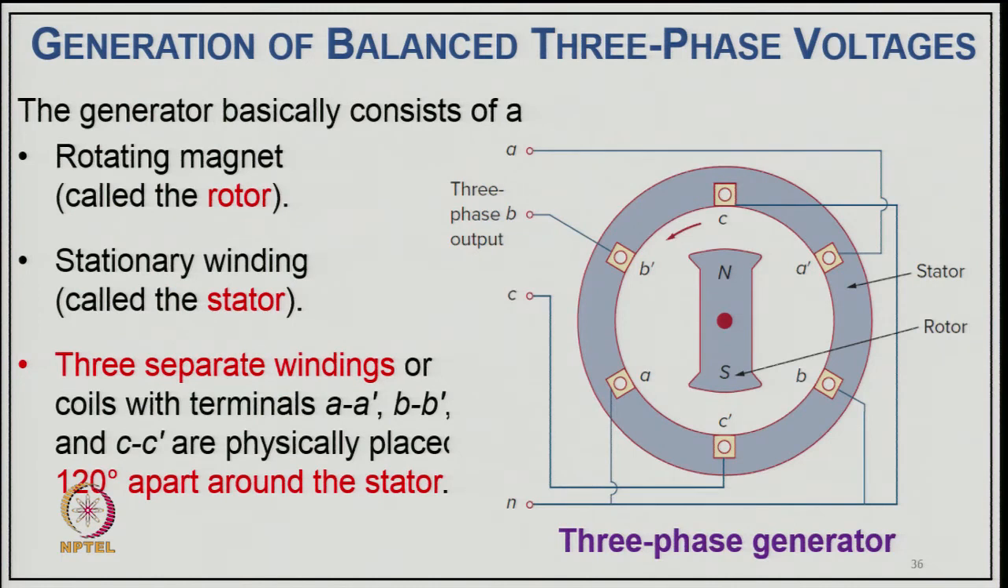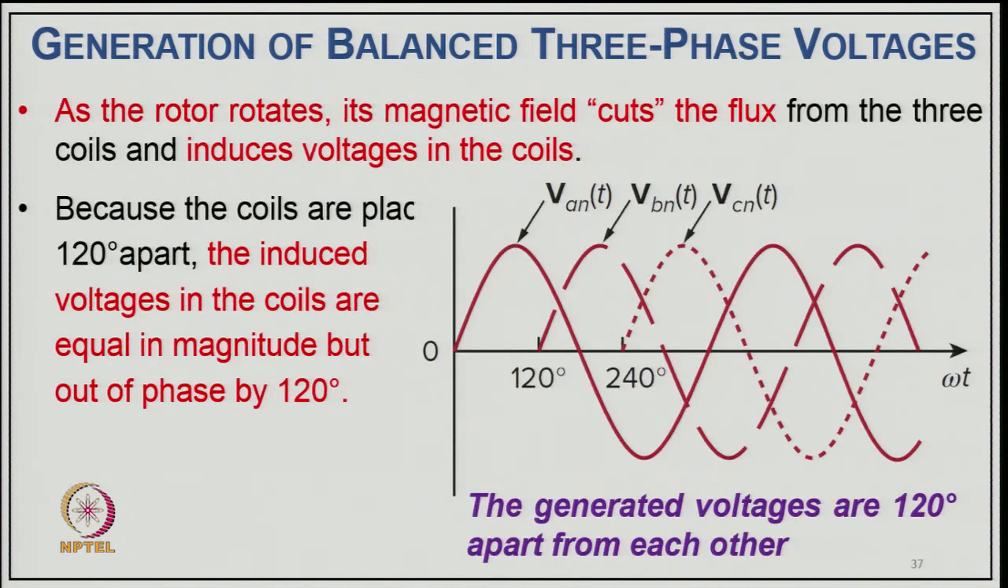Now, coming to a typical example, the 3 phase generator, where we talk about generation of balanced 3 phase voltage. The generator basically consists of a rotating magnet, which you can call the rotor, usually an electromagnet excited by a DC supply, or you may have a permanent magnet also. The stationary windings are on the stator, as you can see the 3 phase winding, and 3 separate winding coils with terminals AA', BB' and CC' are physically placed 120 degrees apart around the stator. As the rotor rotates, its magnetic field cuts the flux from the 3 phase coils and induces voltage